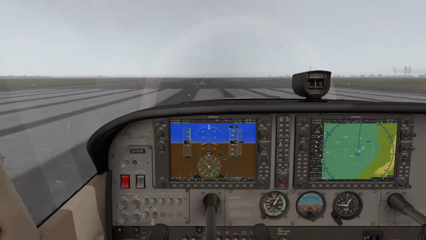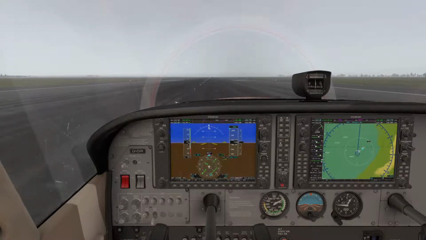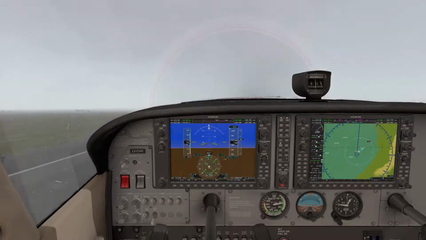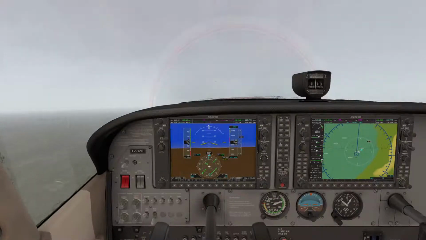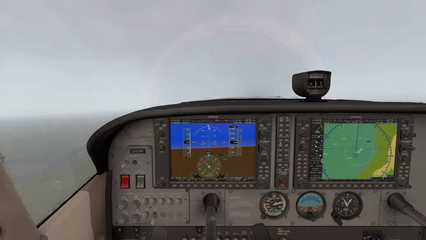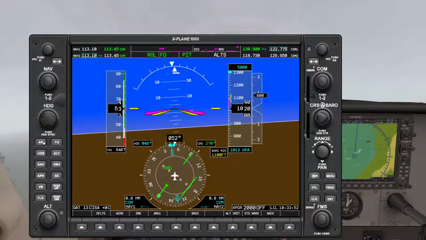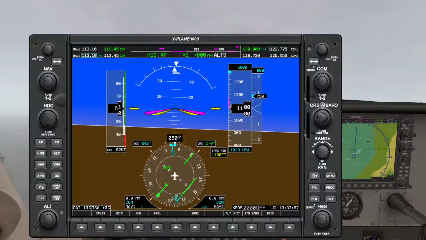Speed alive. 60, and we are now airborne. Speed check, attitude correction, flaps up. Flight director, autopilot heading. Vertical speed